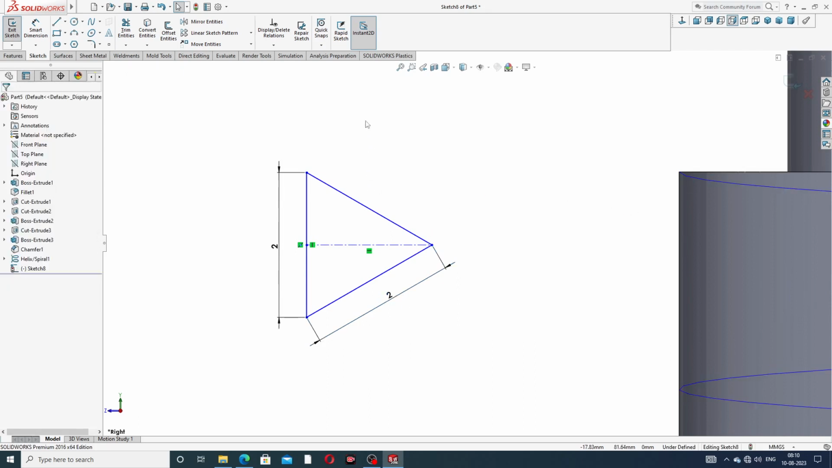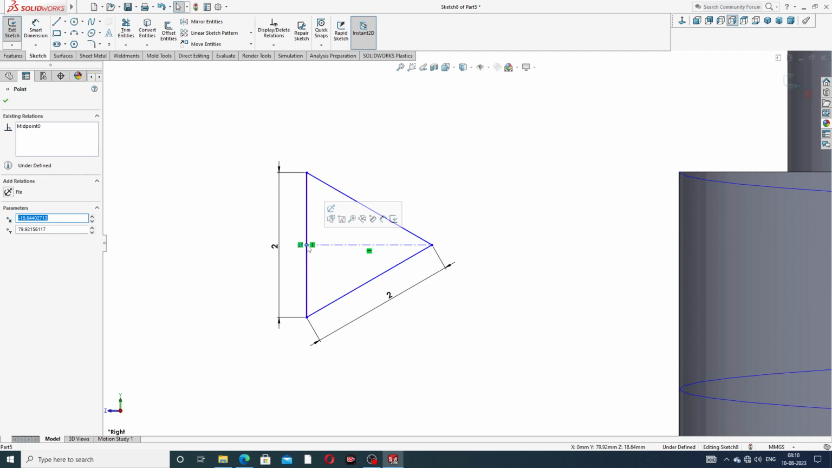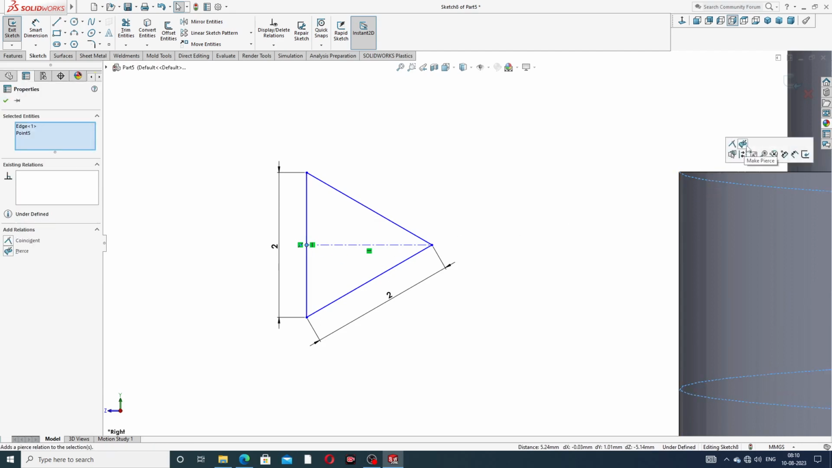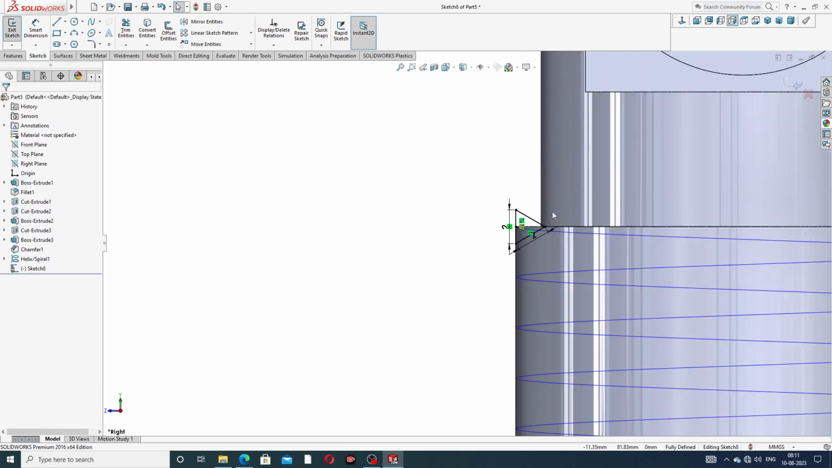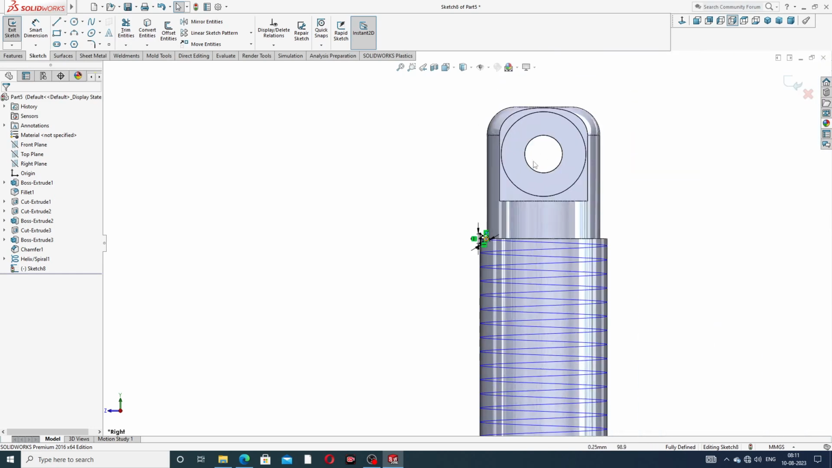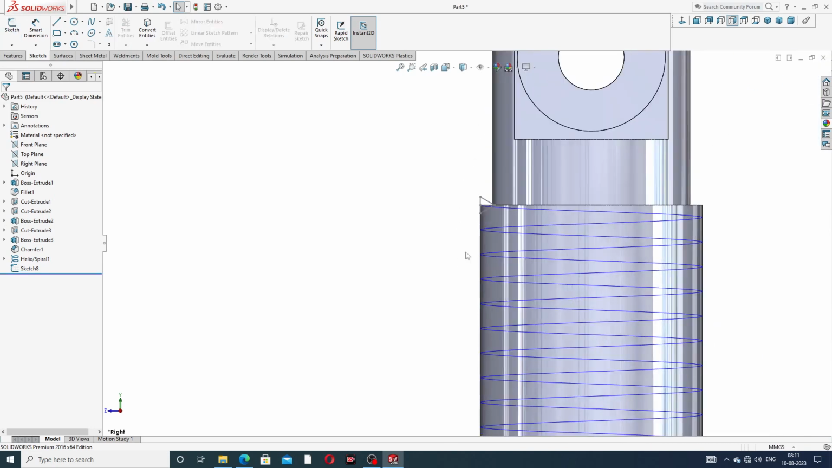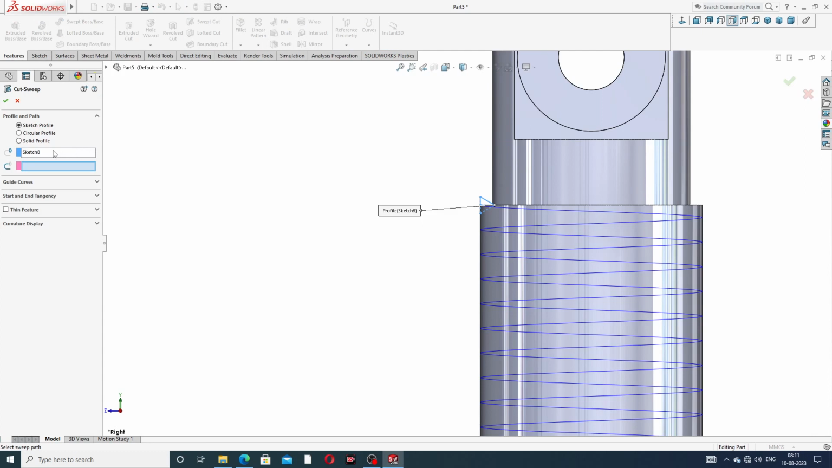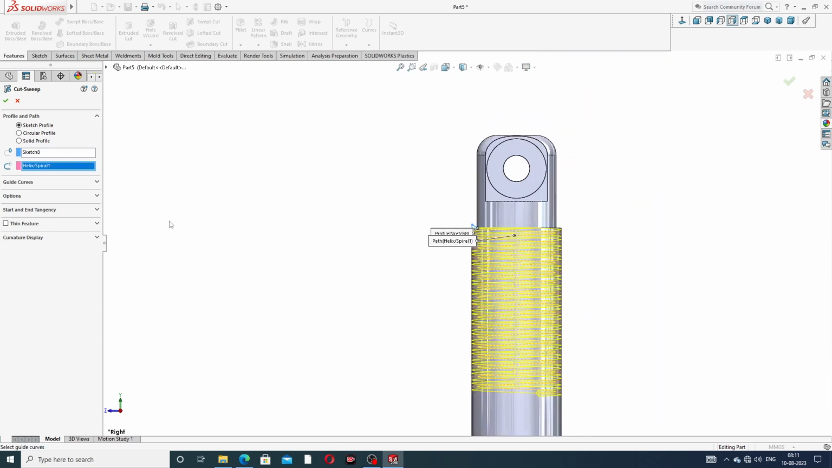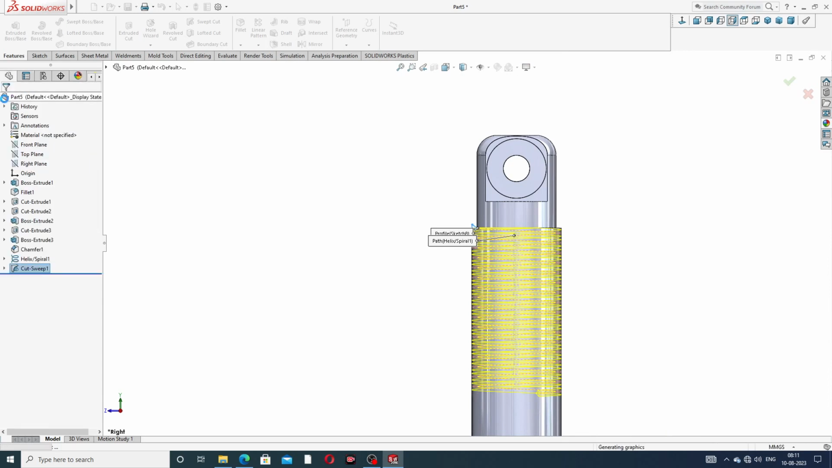Okay, and then use this point and press the Control button and select this line and use a pierce, make a pierce, and then all is fully defined. Okay, and going to exit and select this and use a sweep cut, and this profile is automatically selected here, and this path is selected, select this. Okay, all is perfect and all is looking correct. Then okay,